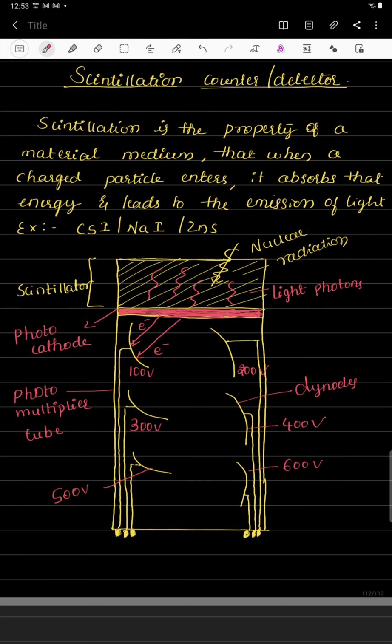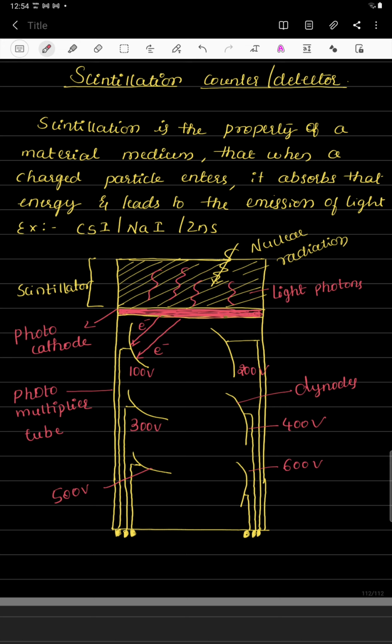Welcome students. In the last class we have studied a type of nuclear detector, that is the GM counter. The principle on which all nuclear detectors work is this: when a nuclear radiation passes through a tube or container which has some material medium, through some mechanism we generate a current pulse. By studying the current pulse in the electronic circuit, we are able to find the type of the radiation and the energy or intensity associated with it. So this is the basic principle on which all the detectors work.